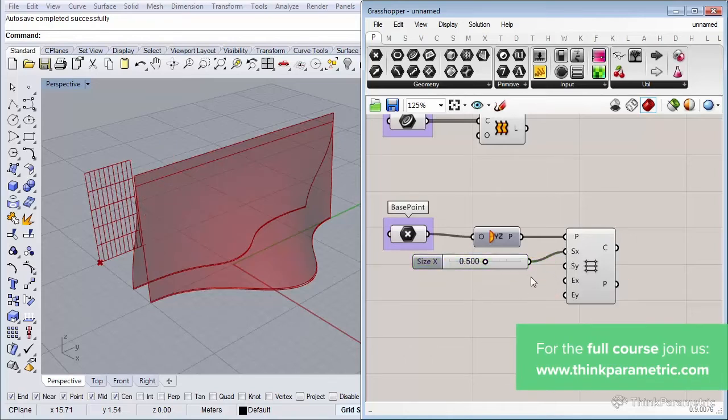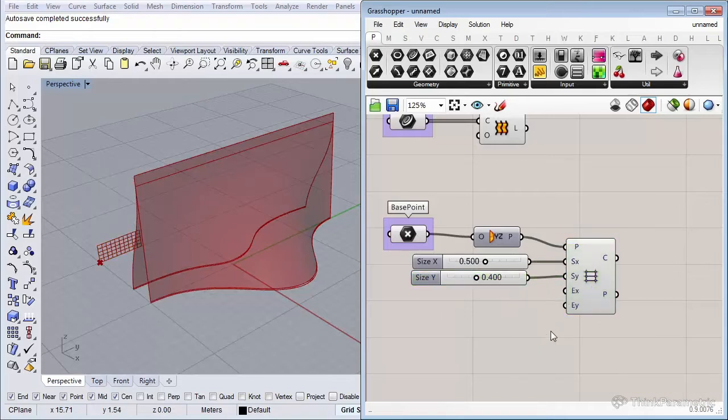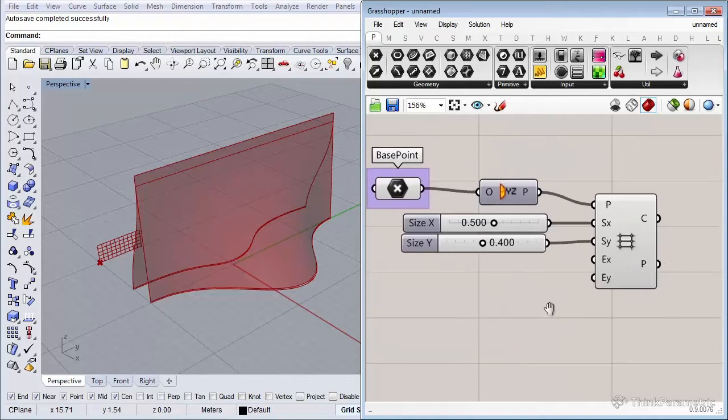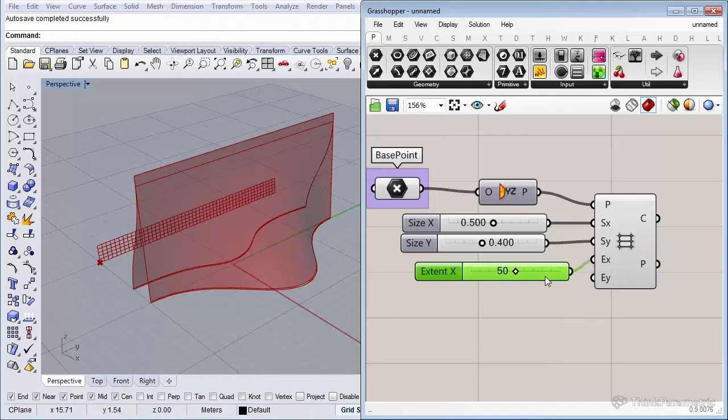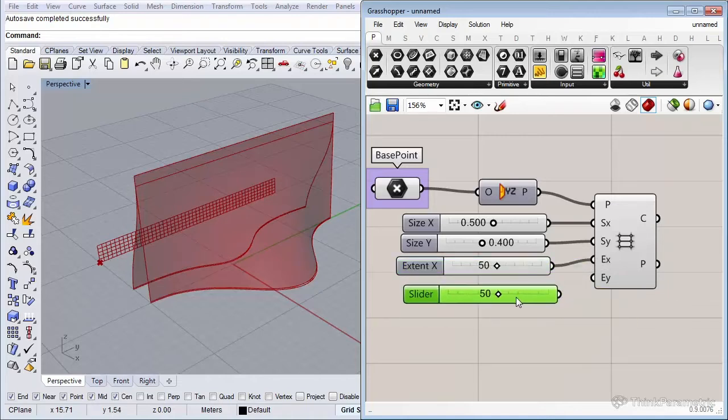And the SY to 0.4, which is going to be the height of our brick. And for the amount of bricks in the X and Y direction, let's use 50 for the EX. And let's use 32 for the EY.